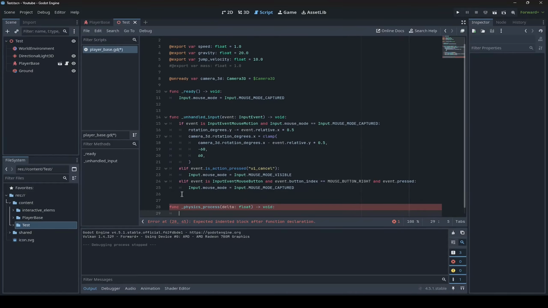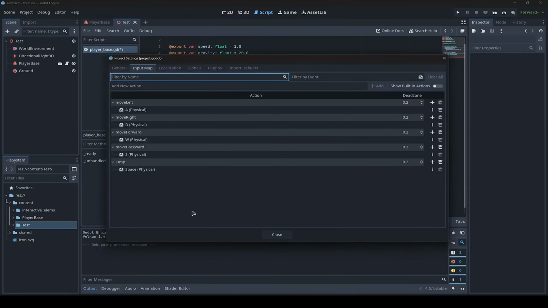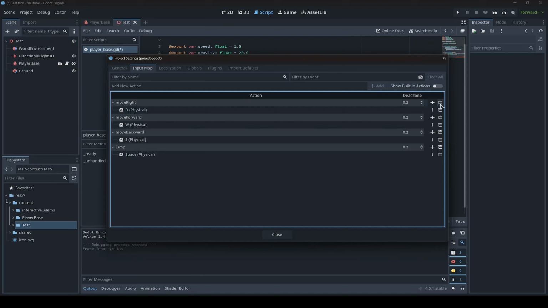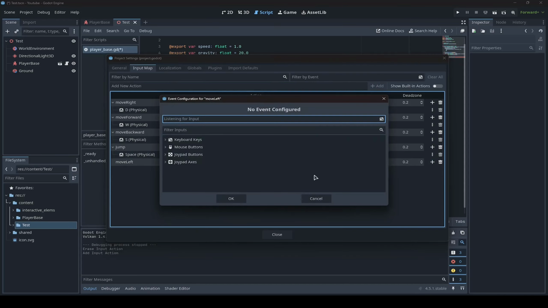What we need is to get our direction, where the player is moving on. Go project settings, input map, and you need to add a few actions. I already have them, but if you don't know how to make it, in add new action input, type move left, press add, here it is, and press the plus. You need to say what